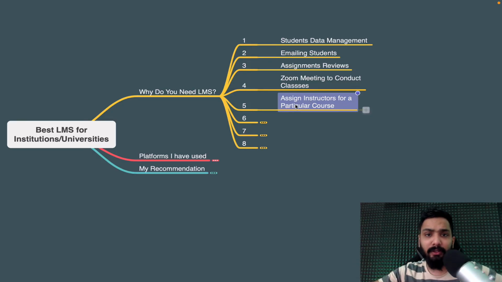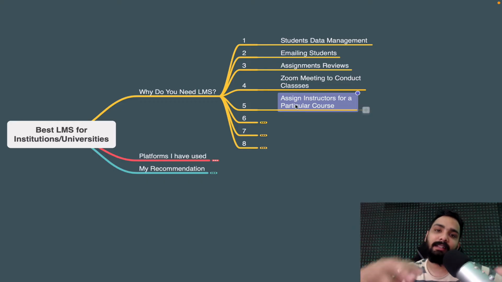Now if you're a new university, an institution, or a coaching academy, you might have different subjects. Okay, I'll give you an example. Let's take the example of K-12 education classes. Let's say you have a 12th class that you want to teach online, and there are different subjects: maths, science, which is broken down into physics, chemistry, biology, and then you have English as a language. So five subjects, but the point is all the trainers are going to be different for all the five subjects, right? But most important is not to give the entire LMS credentials to all the trainers,